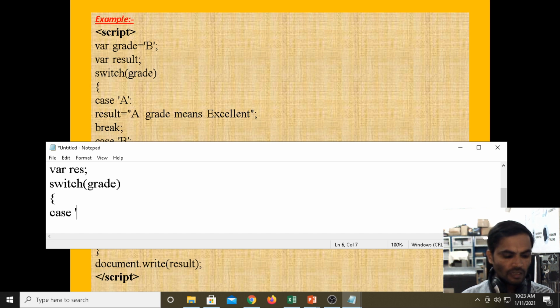Case, maybe we are executing the first case. Then result equals A, result equals A grade means excellent. Maybe according to your syllabus we are having S grade also, then break,